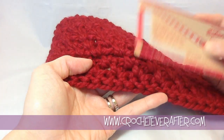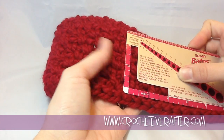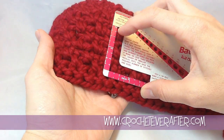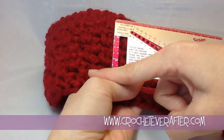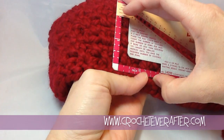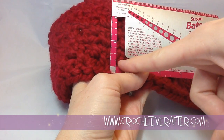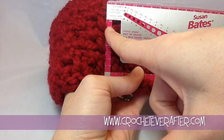So I'm going to start at the bottom of one of my single crochets to start counting my rows. And then you can see it's quite difficult to see my rows. They're kind of all a muddled mess when you're just seeing this little sliver. So use the actual garment to the left to be able to figure out those rows. So I'll just count those single crochets going diagonal again. So here's one that matches this one, so I'm going to go 1, 2, 3, 4, and I got about